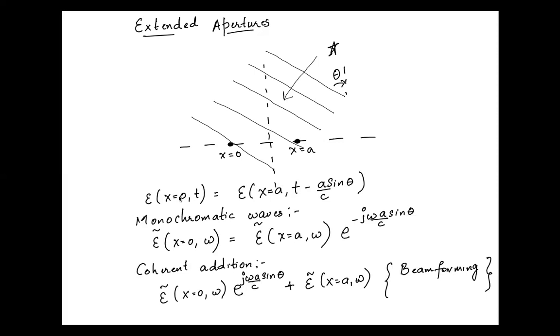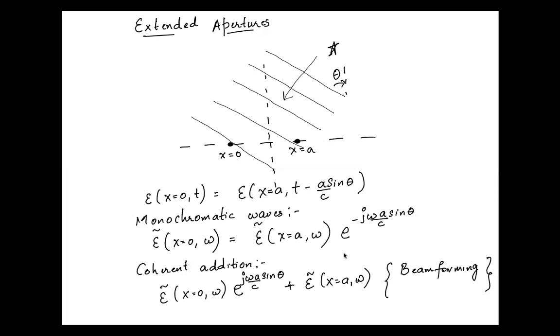Now, let's suppose that the waves coming from this source are monochromatic. So you're interested in waves at some frequency omega, where omega is the angular frequency. And so if I try to write the same equation here, but for a monochromatic wave with frequency omega, then I can write something like this. So instead of a time delay, I'm just going to write this as